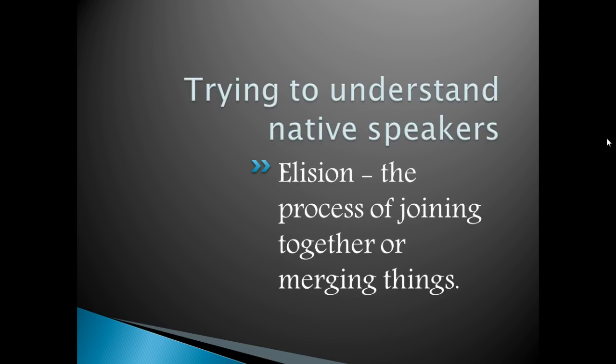Now let's see this. What is elision? We'll talk more about elision here today. Elision is the process of joining together or merging things. Okay. So what is elision? इसमें हम क्या करते हैं? Join कर देते हैं, merge कर देते हैं. अब जब हम ज्वाइन करेंगे, मर्ज करेंगे, definitely कुछ चीजें ऐड होंगी, कुछ चीजें डिलीट होंगी. अब वो चीजें कौन सी हैं, कहां पर क्या ऐड होगा, कहां पर क्या डिलीट होगा, we'll talk about that today. We'll basically talk about the shortcuts, the short forms, the squashing that is being followed by the native speakers,